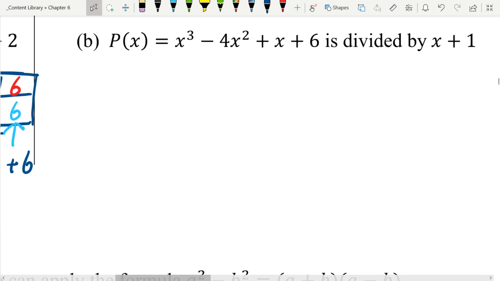Okay, if you want to find the remainder for this one, what do you do? This question is actually an idea of factorize. If you want to find the remainder, what do you do? Sub what? Negative 1. x plus 1 equals 0. You sub negative 1. So when you sub negative 1,